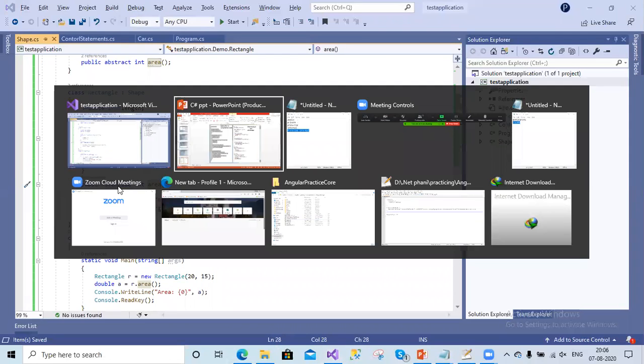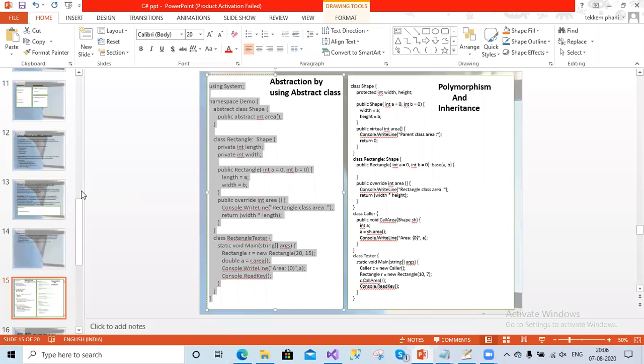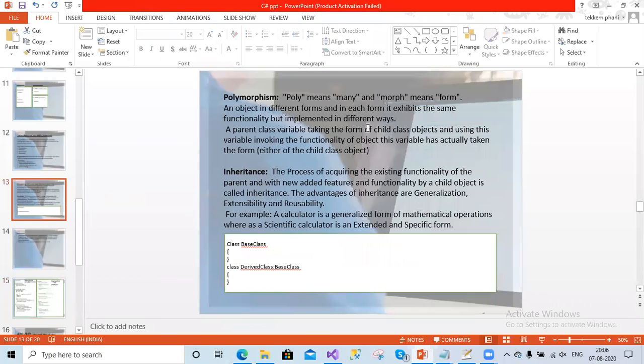That means we are covering polymorphism here. Polymorphism is nothing but showing multiple forms. Poly is nothing but many, and morphism is nothing but form. So polymorphism means many forms. When you have an object and it has multiple forms, that is called a polymorphic object.